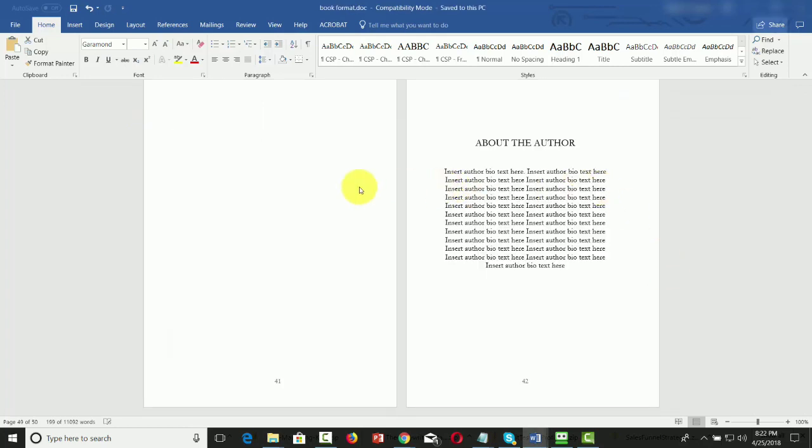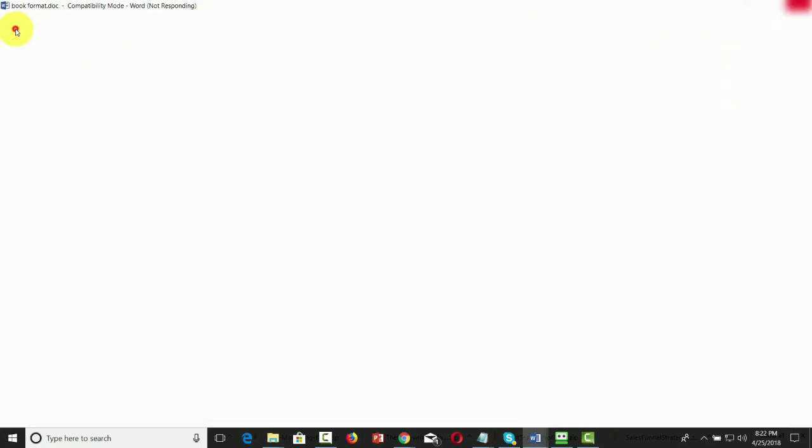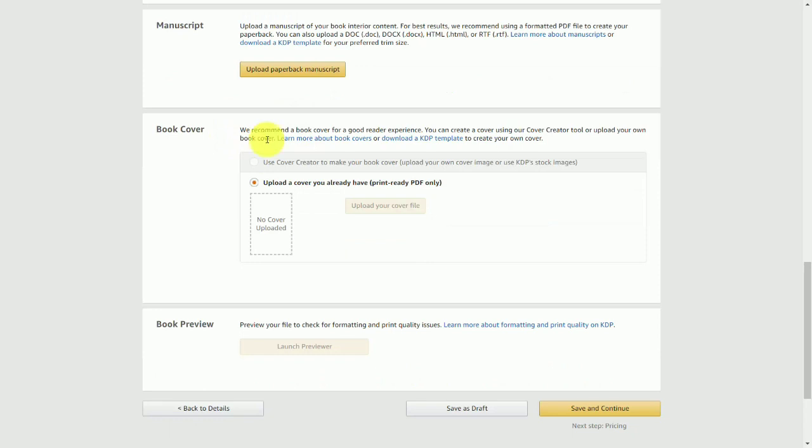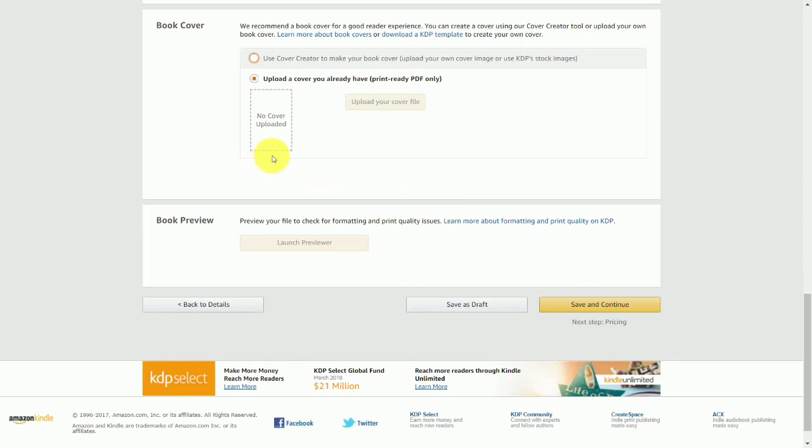And then you'll simply save this document as your book content. And once your manuscript has been edited and it's ready to be uploaded, all you'll need to do is come back to KDP and upload your manuscript here. And all you'll need to do is either use a cover that you have already had designed, or you can use Kindle's Cover Creator in order to create your own. And once you've gone through this process, you will then be ready to begin previewing your book for publication on